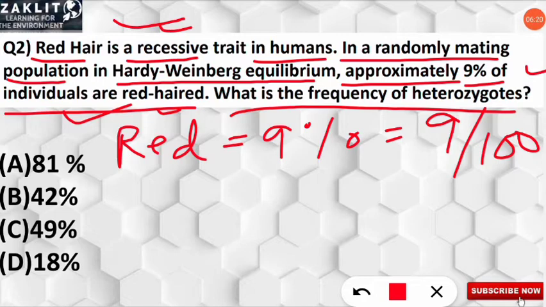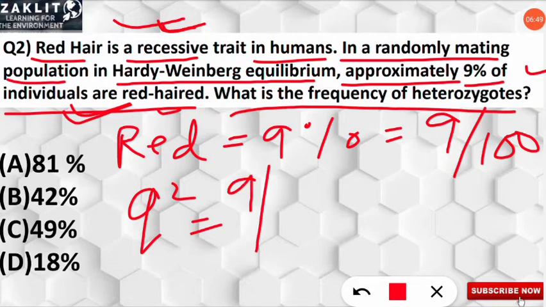So why homozygous recessive? Because it is told that red hair is recessive and it is found in the individual. So if the recessive trait is observed in the individual, that means it is homozygous recessive. So two recessive alleles are present. That's why they are expressing themselves. So that means it is given as q squared, because we know according to Hardy-Weinberg, q squared denotes the homozygous recessive. So q squared is given as 9 by 100, or we can write 9 by 100 is equal to